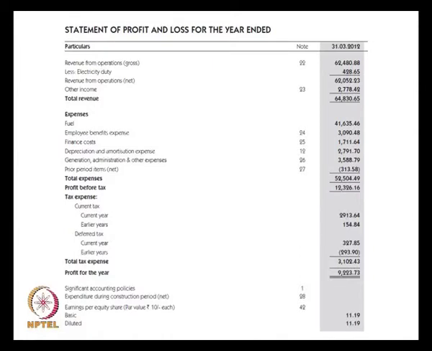Now, after that there are other expenses such as generation, administration, and other expenses. So, these are all expenses that are pertaining to other categories, and for this year this amounted to about 3,588.79 crores. So, we have broadly the following 4 expense items: fuel, employee benefits, finance costs, depreciation and amortization, and admin and other expenses. These line items might differ from company to company. The level of this will also differ from company to company, but ultimately we just have to remember that expenses